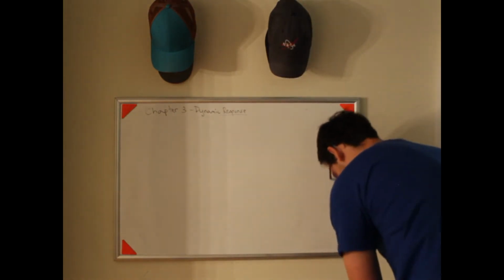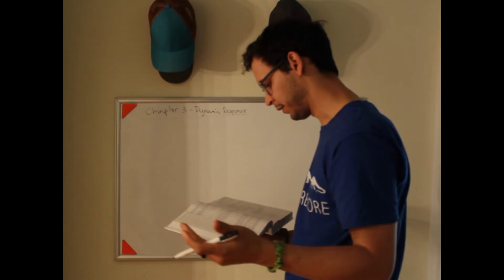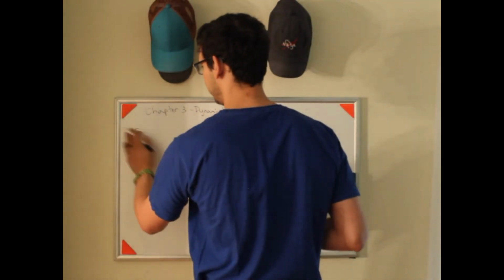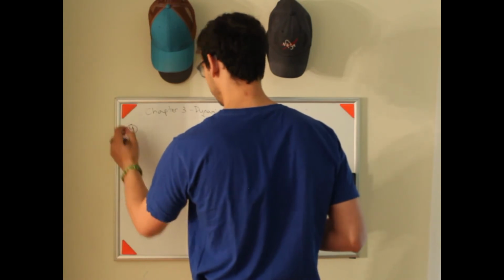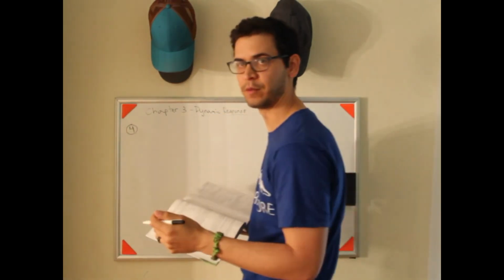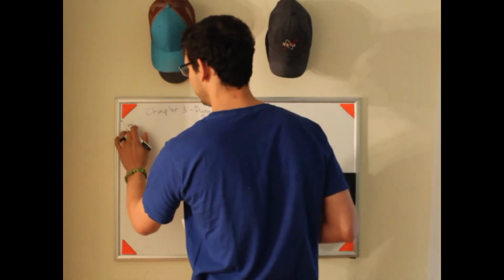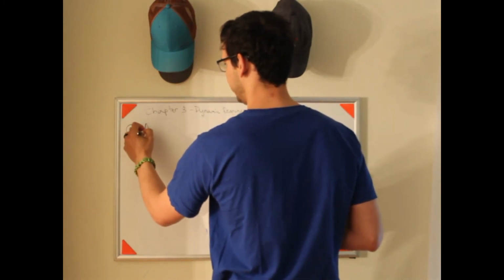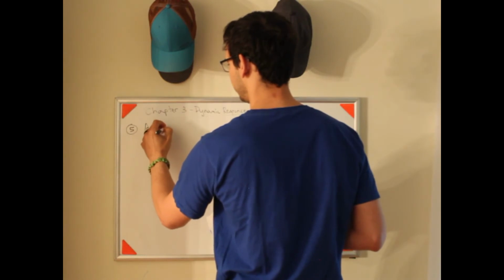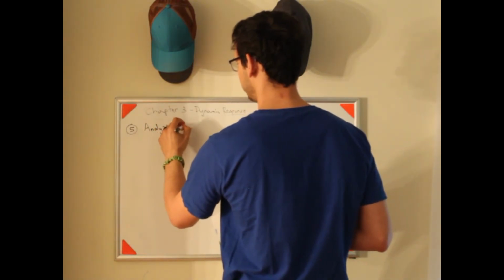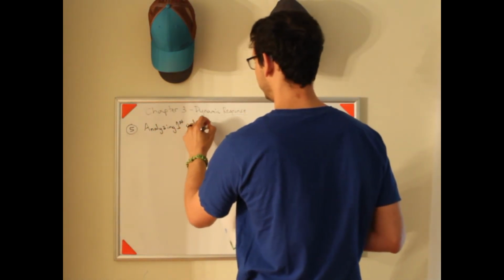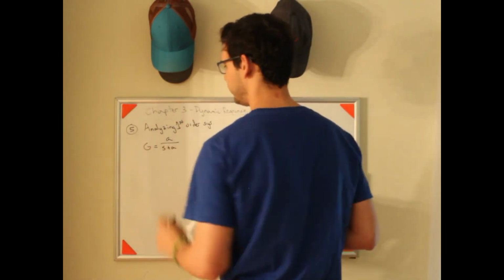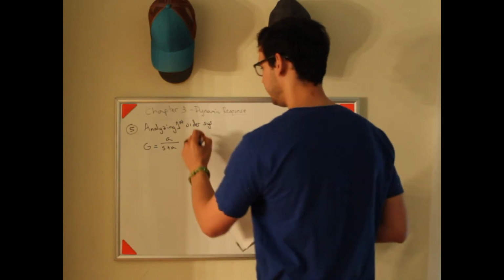Okay, so the last thing in chapter 3 is analyzing first and second order systems. I'm going to assume it's item number 5 of chapter 3, analyzing first order systems. And so if I take a general first order system, A over S plus A, I have